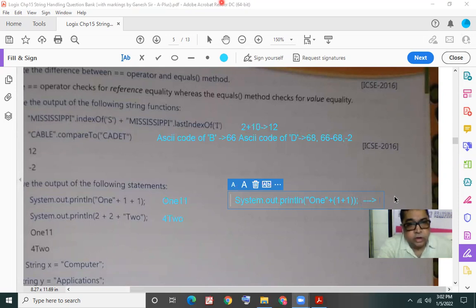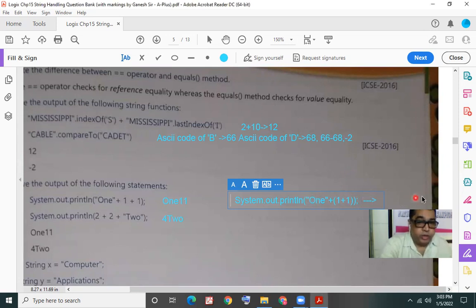We have discussed this earlier during the first semester. In this case, the computer is going to evaluate the first pair of round brackets, this one containing 1 plus 1, both integers. So they'll be added up to give us the value 2. That integer value 2 will be concatenated with the word ONE.